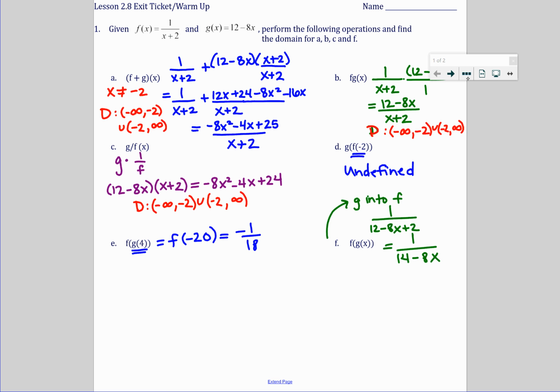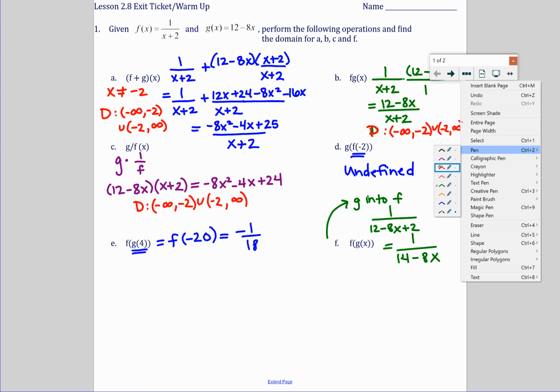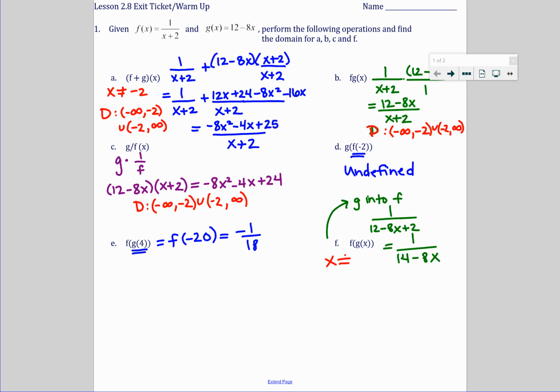As far as the domain is concerned, x cannot equal negative 2. That comes from the original function f. And we also have an additional domain restriction here. You can take your 14 minus 8x, say it cannot equal 0, and then from there solve for x. You'll have to subtract 14 and divide by negative 8, which will give me positive 14 over 8, which reduces to positive